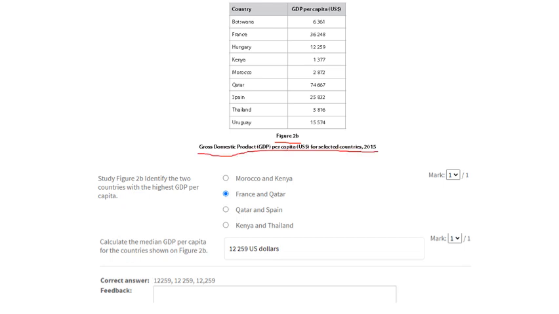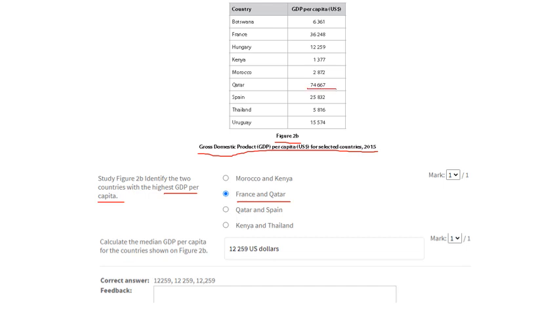And it said, identify the 2 countries with the highest GDP per capita. So you're looking for which of these countries show the 2 highest. Now, because it's giving you a selection, you need to choose through those. So just go through it and look. Morocco and Kenya. Well, we can see Morocco is only 2,000 and Kenya is 1,300. Well, they're definitely not the highest. And we can just work through it in that way till we get the correct answer, which should have been France and Qatar.